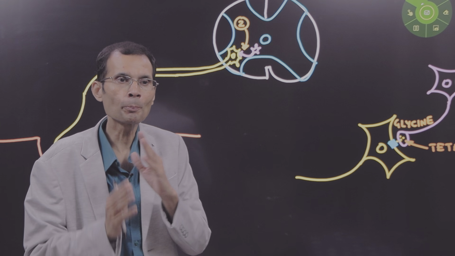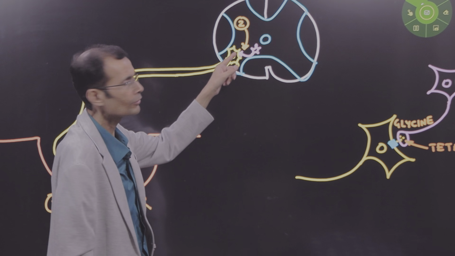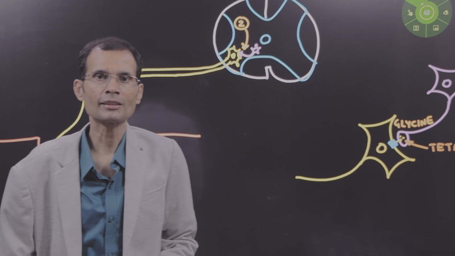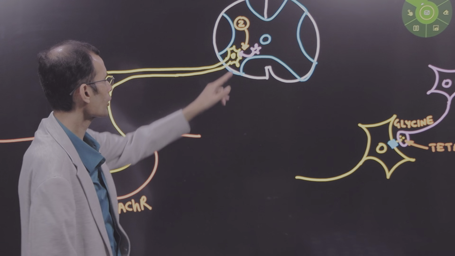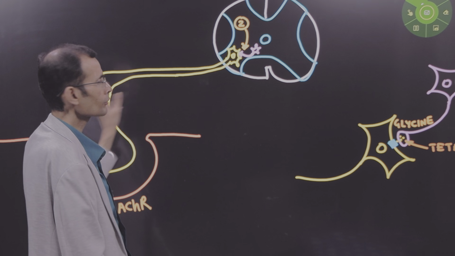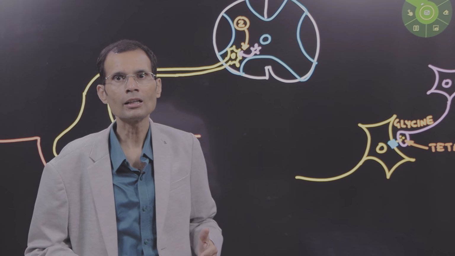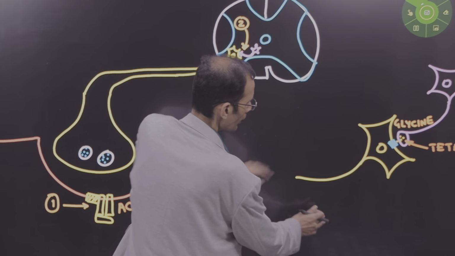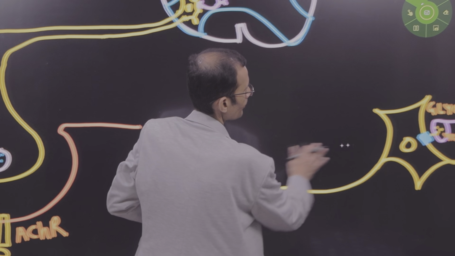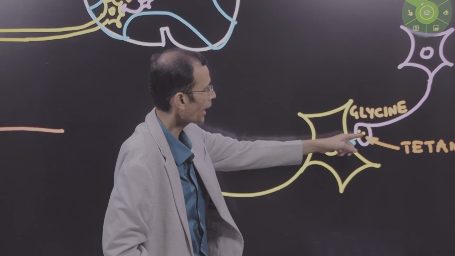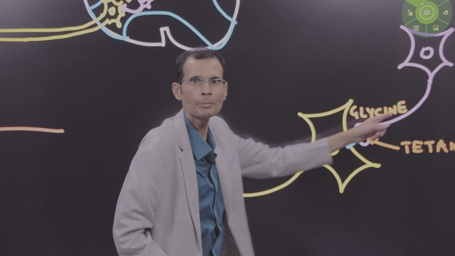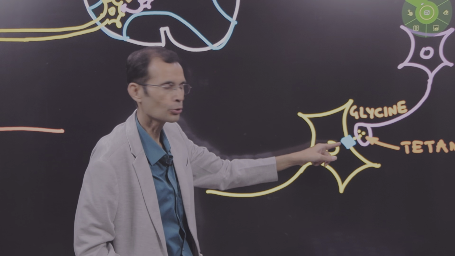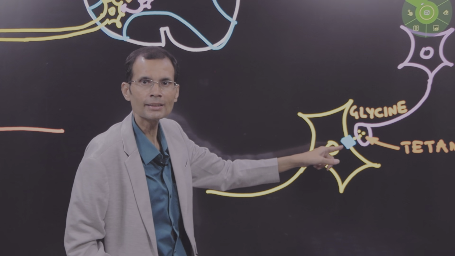In a way it competes with glycine for binding with the receptors on this motor neuron, and therefore it prevents the action of glycine. If the glycine cannot act, if it cannot inhibit, this motor neuron will fire excessively, and the result will be spasmodic or spastic paralysis of the muscle. That's the diagram shown here. Glycine is being released by the inhibitory interneuron, and then its receptor on the motor neuron. So this is where the strychnine will act.